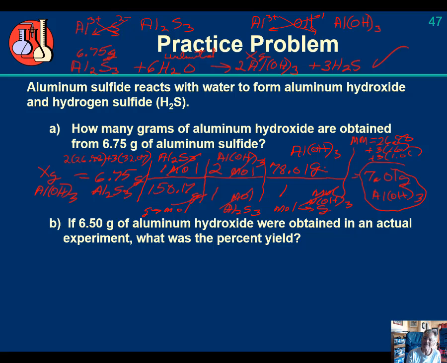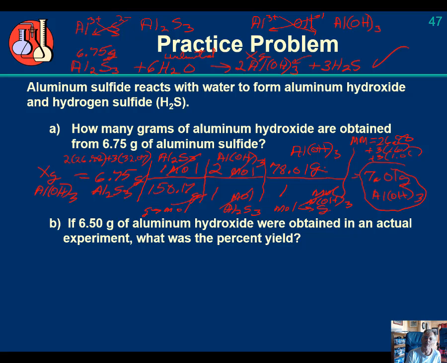Not something you need to worry about. But the bottom line is this. I will get to a point where the production of aluminum hydroxide stops increasing. I stop getting more and more grams of aluminum hydroxide before all 6.75 grams of aluminum sulfide have completely reacted